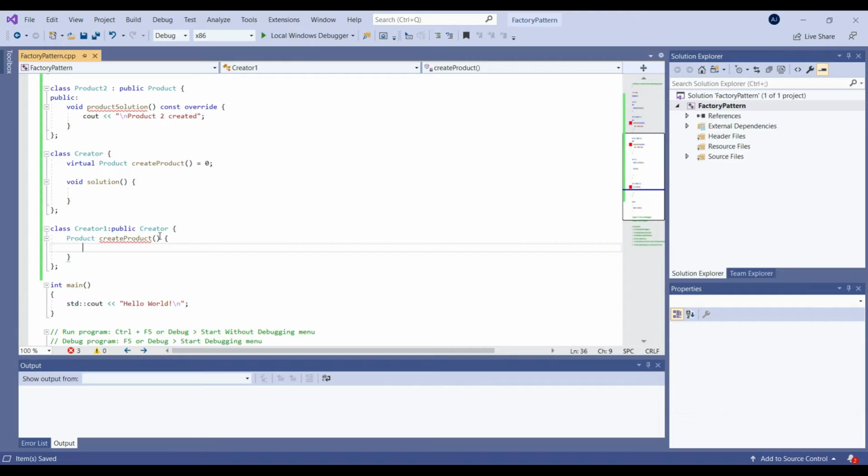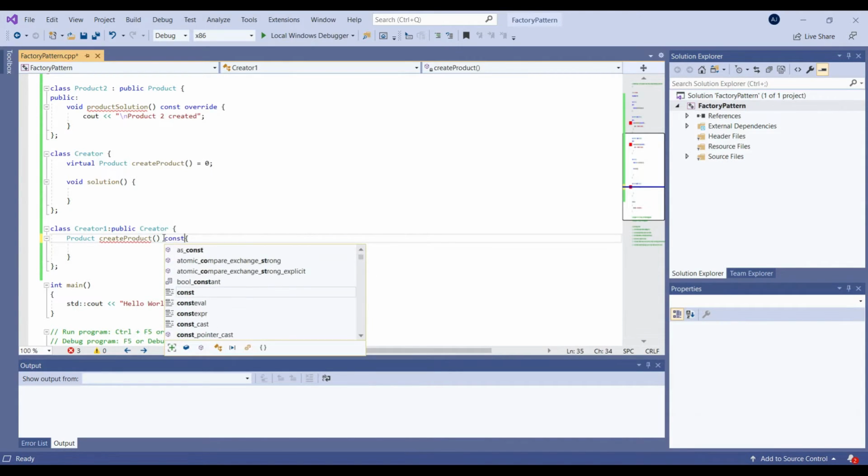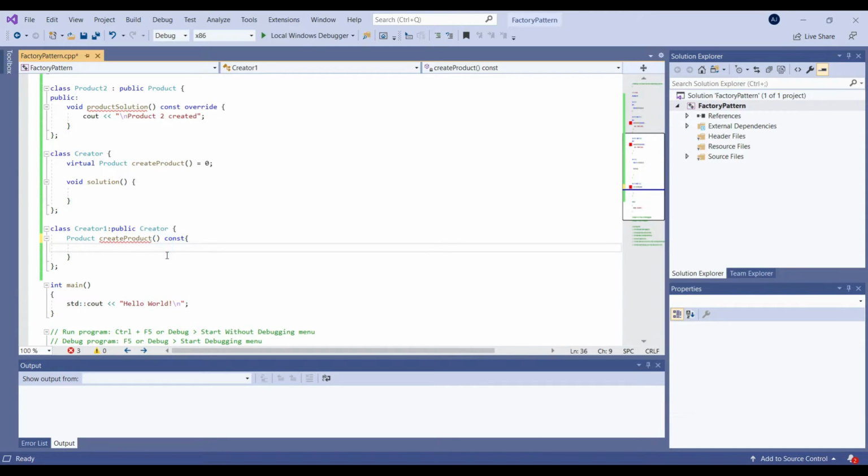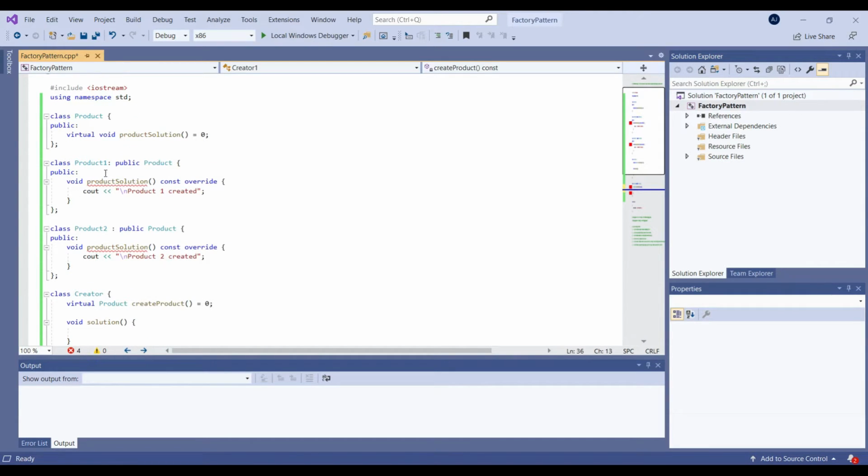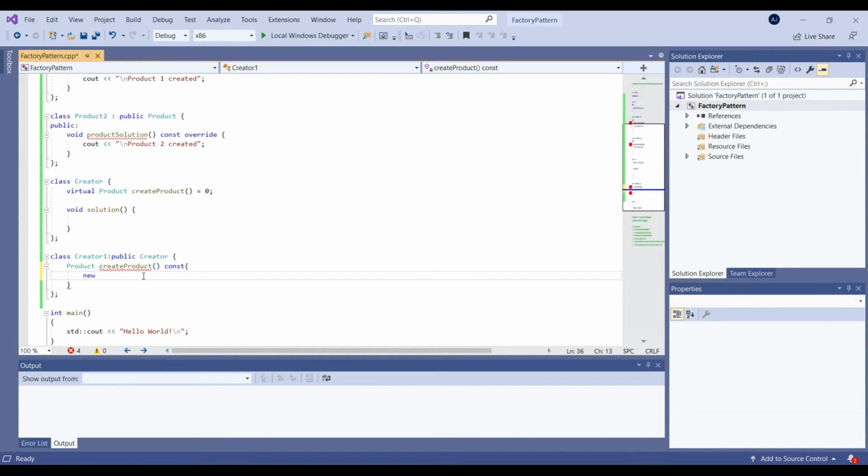Now create product, let's write it const, would return the object of product one, because we want to create product one inside creator one. So let's return product one.